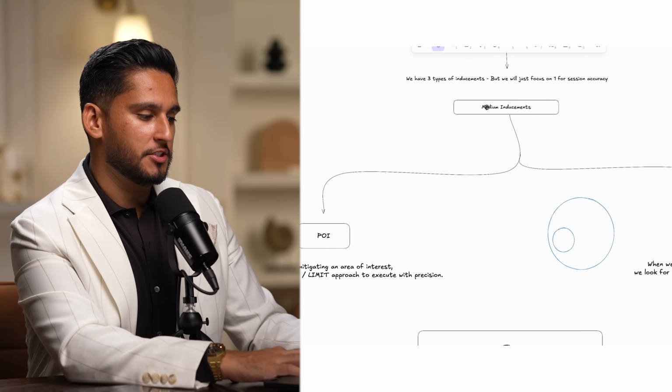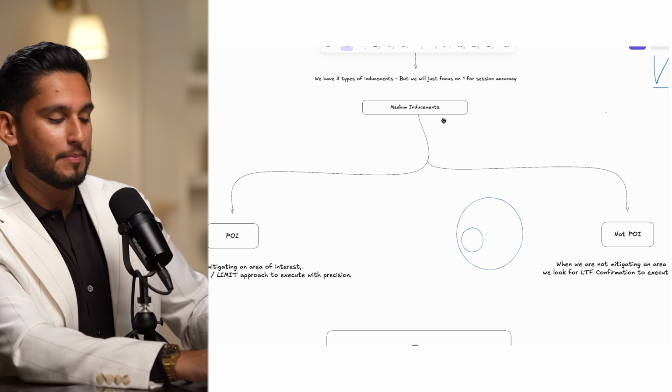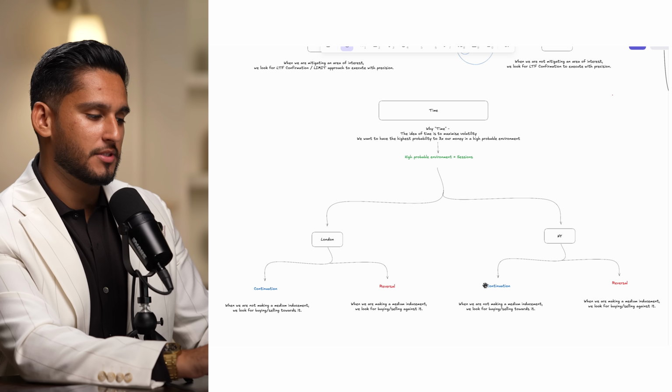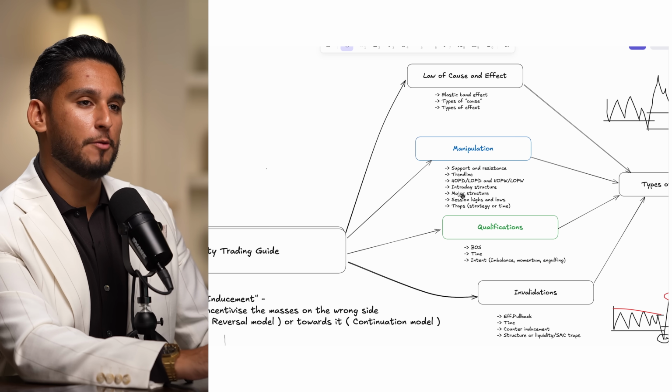And the definition of inducement is twofold, where inducement not only takes out liquidity, takes stop losses, it also entices, it induces people to take action falsely in wrong areas so that they give up their stop losses also, which we'll explain in a moment. Now, there's a lot of details here where there's medium inducements, major inducements, minor inducements, POI based, non-POI based, and there's a lot of things to qualify them, for example, time based, and then the setups that come out of it. The thing I want to focus on for now is the few criteria that will help us refine it in.